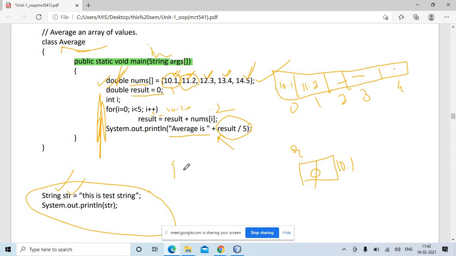Just like you create int i is equal to 10, similarly, String str is equal to "this is test string", or you can write String str is equal to "ram" in double quotes, and you can print System.out.println(str). Whatever the value of str, that is ram, will get printed. This is how you can initialize a string here in Java.